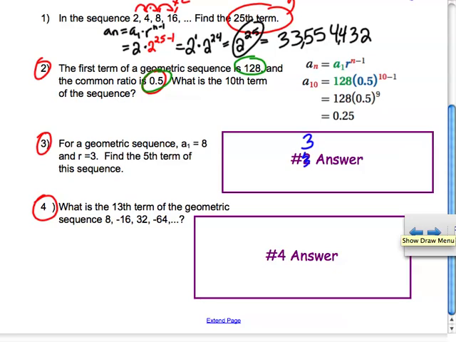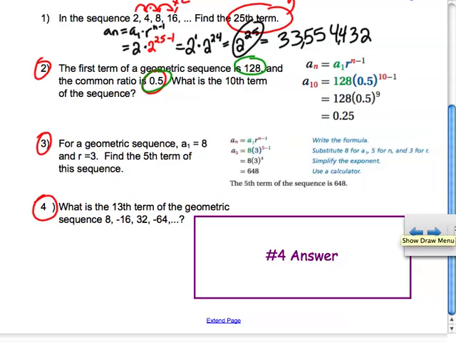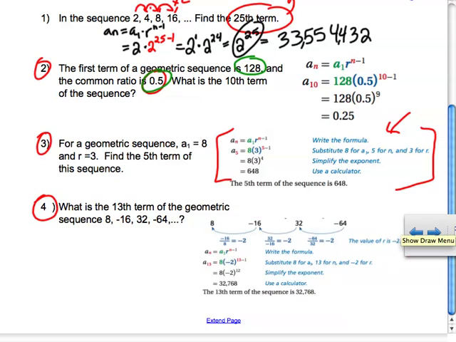All right, I assume that you're back from trying your problems. Hopefully, you have 648 for problem number 3. If you're not sure where that came from, just follow these steps here. I have everything illustrated for you. Here in blue, they're telling you what they're doing. And then for the last one, hopefully you got, again, these numbers get real big real fast,